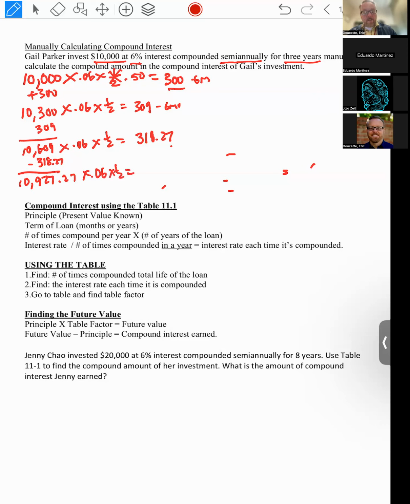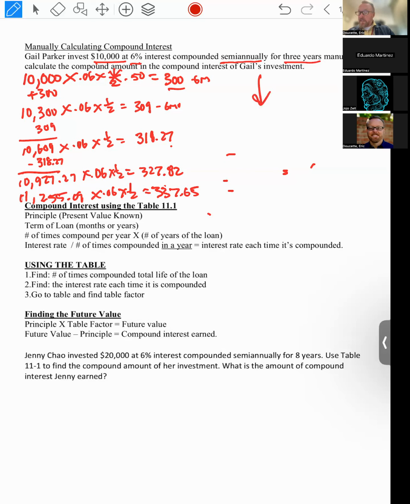I'm going to do the interest on that. And that gives me another $327.82 of interest. If I add that to my principal amount, that gives me 11,000. That now makes my amount $11,255.09. If I do interest on that, at the beginning of year 3, first 6 months, I earned another $337.65. Anyway, if you keep doing that all the way down, I'm not going to keep doing it,